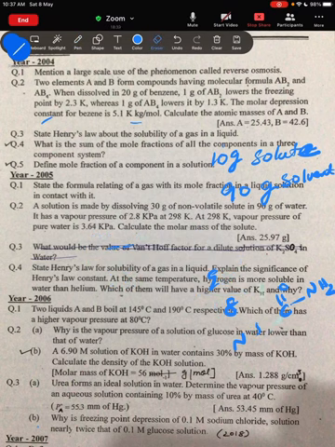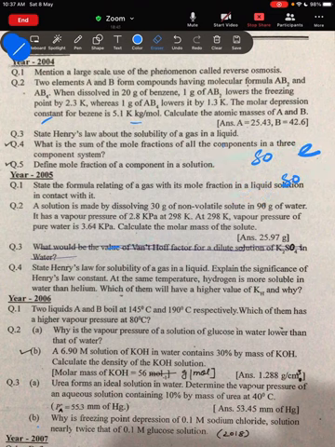Next question. Why is freezing point depression of 0.1 molar sodium chloride nearly twice? This we have already discussed. Sodium chloride dissociates into Na plus and Cl minus. So if you are putting 0.1 mole in 1000 ml solution, 0.1 mole of sodium chloride will give you how many particles? Double. That is 0.2. As the concentration increases,